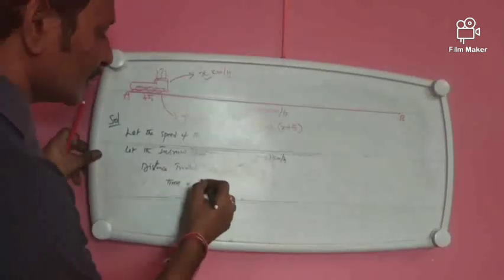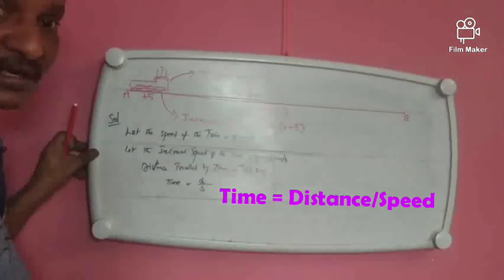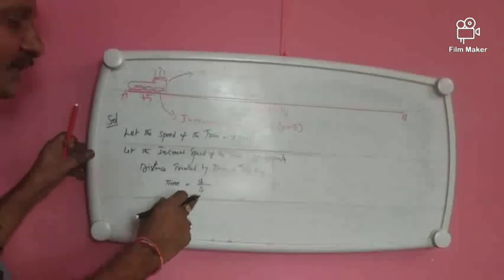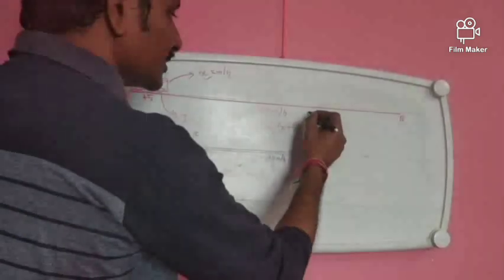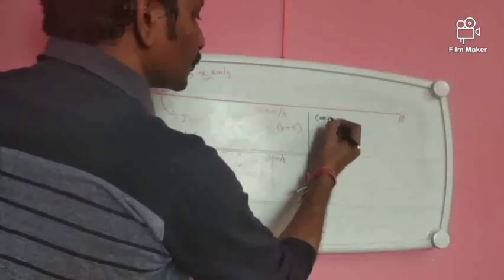Time equals distance by speed. You know the time formula very well: time equals distance by speed. Now here we will get two cases. Case 1 is: